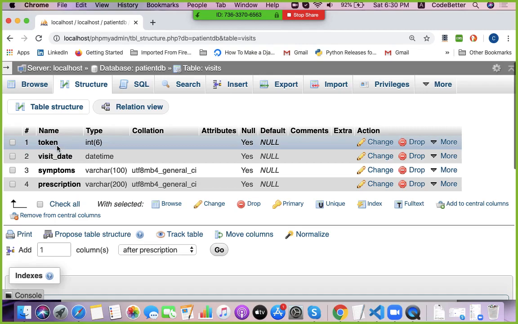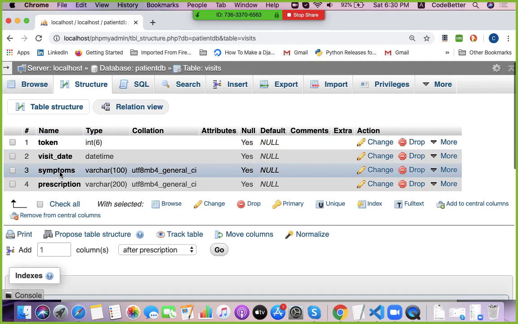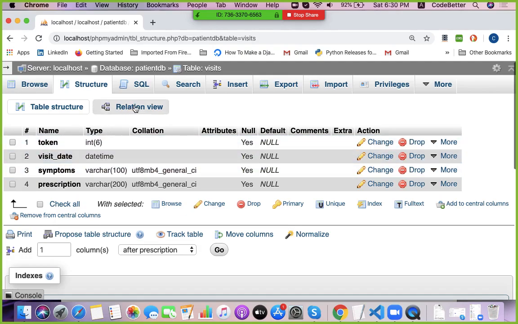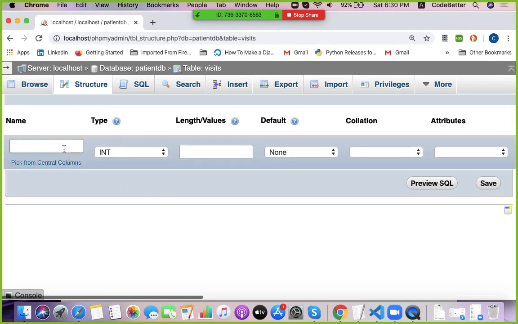Now what is the token number here? So let's first store some data, but I want to assign one special ID to each visit, that is visit ID, visit number. So let's add one more column, that is visit ID.